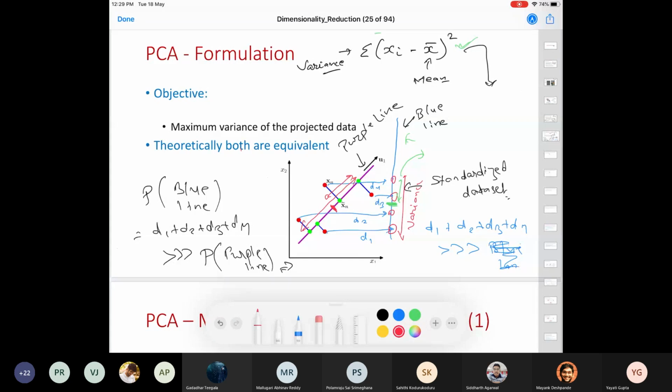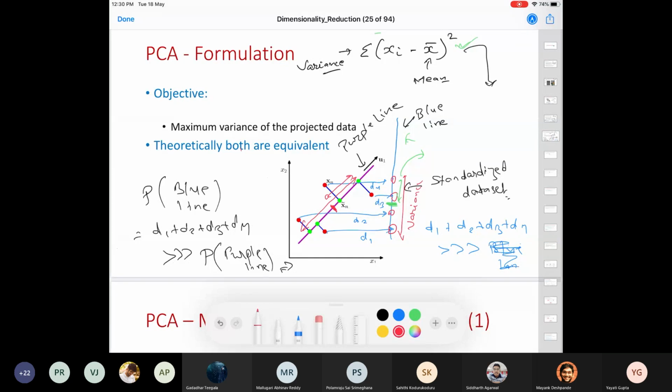And take my word for it, whichever line gives you the least projection error will give you the maximum variance. I just wanted to give you an intuition of why this happens and show you pictorially that the line which gives you the least projection error is going to give you maximum variance. I hope this is clear, and you intuitively understand how PCA is trying to maximize the variance while giving you the least projection error. Tomorrow we'll study the mathematical interpretation of PCA.